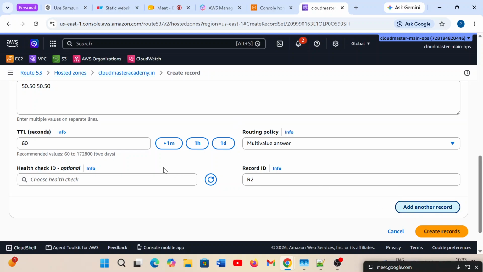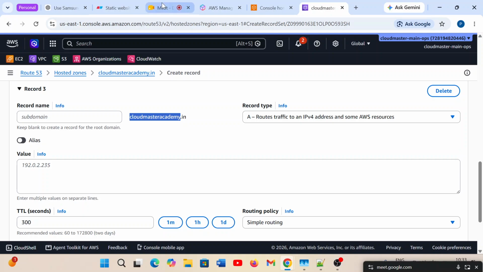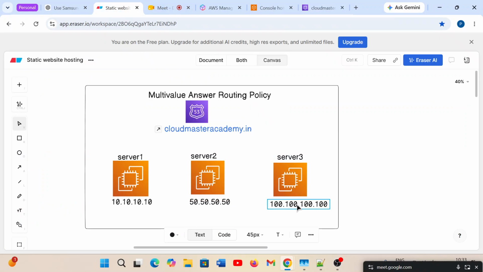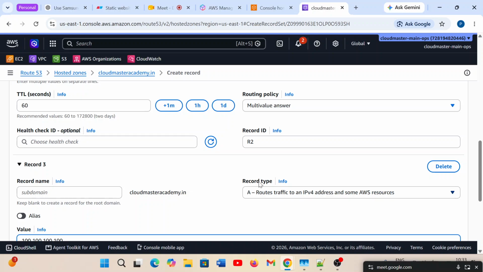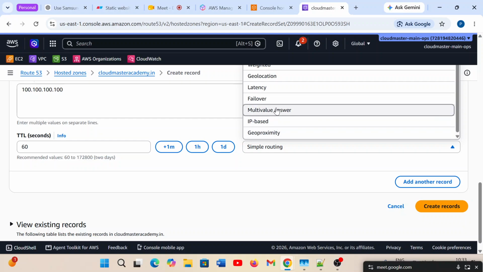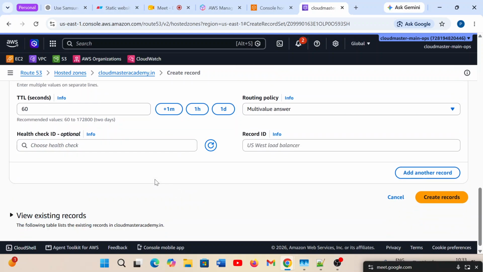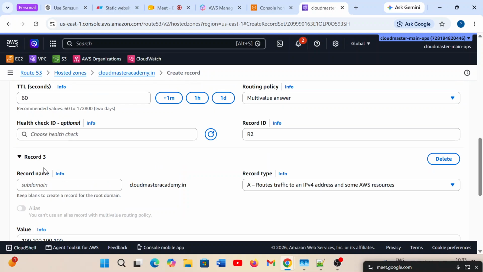Same process, domain name is same, A record, and the IP is copied, Cloud Master, TTL 1 minute, multi-value. This is record 3. Okay, I'm going to create all these 3 records. Just take a look, this is our record 3,